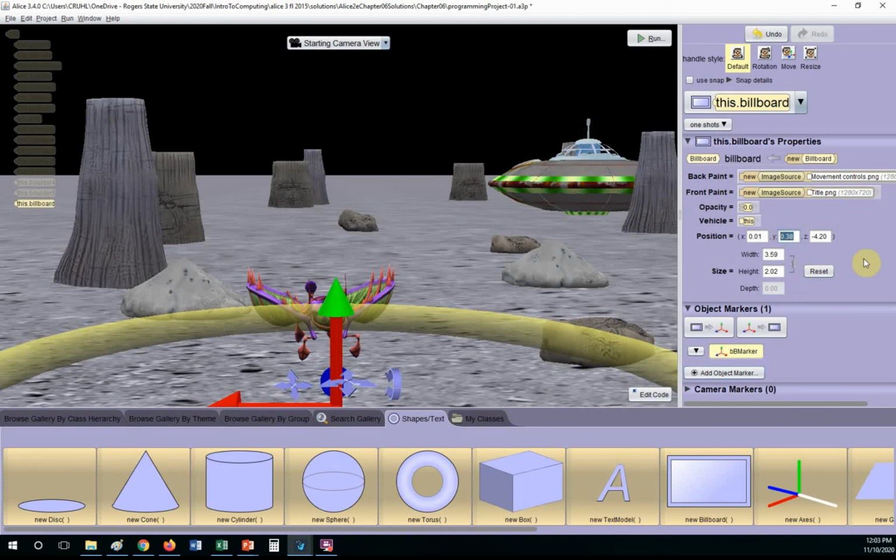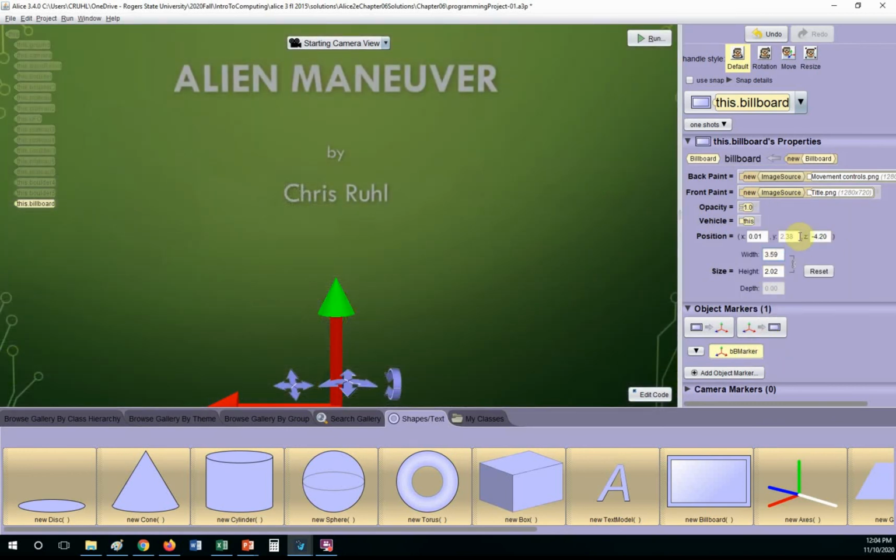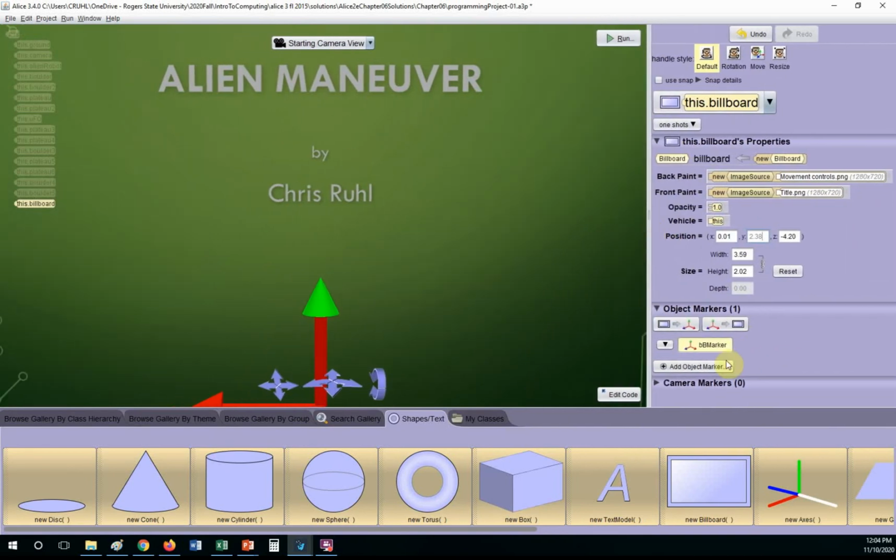So I'm going to change that to 2.38 on the y-axis. And